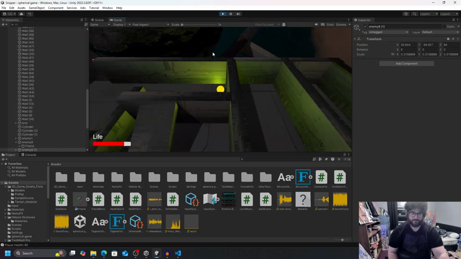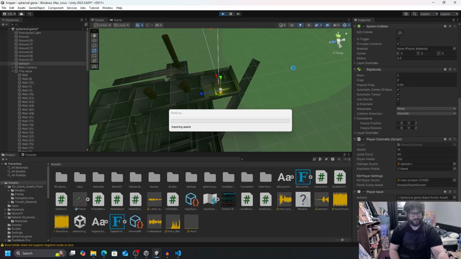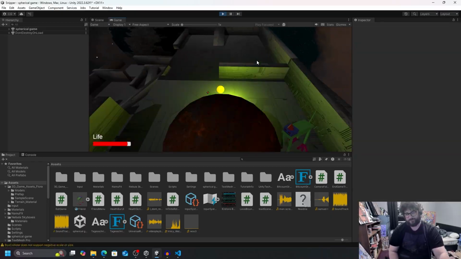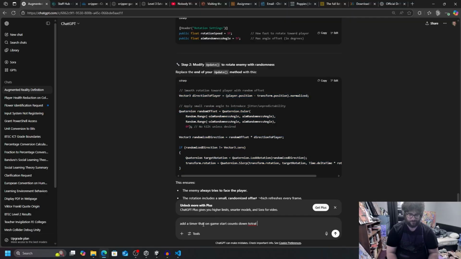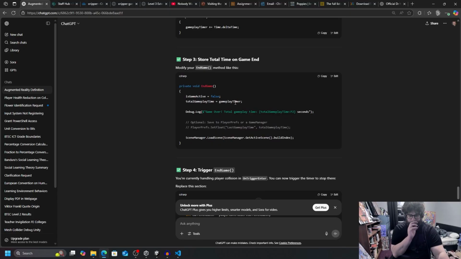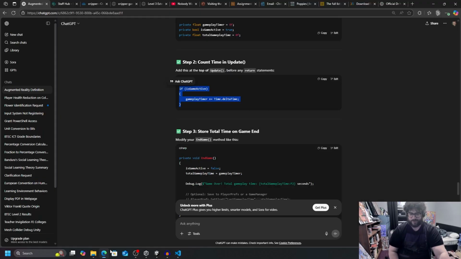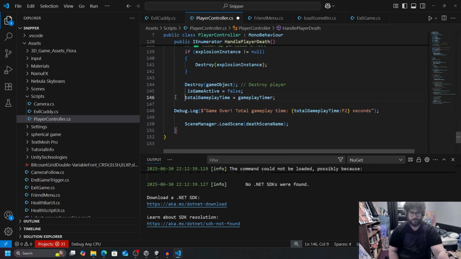But yeah, a little bit of last minute refining, though it still needs more in terms of the actual map designs. And then adding rotations, that was basically the final thing I did for the enemies, so that they got a little bit of randomness in the rotations, so it's not all the same.